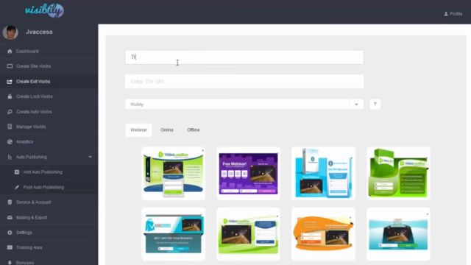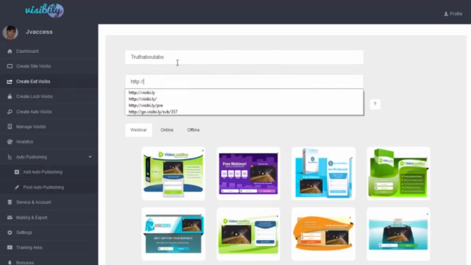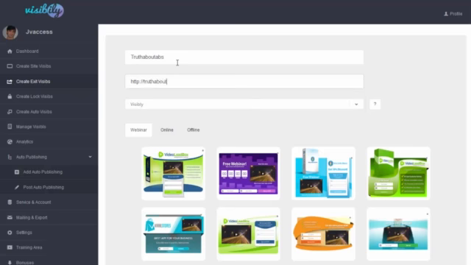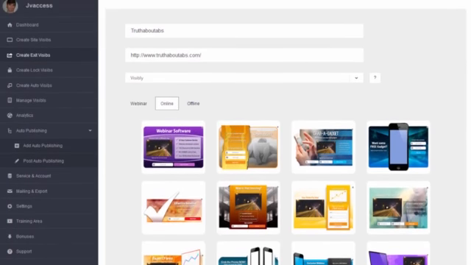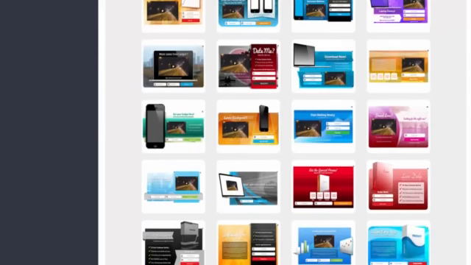So again, I'll use the Truth About Abs example here. I'm not sure what the URL is, but I'll just go for truthaboutabs.com. Actually, let me check that out so we're on the same page. So there we go, that's the page. In this case, I'm going to choose an online based template. And again, the number of templates you have depends on exactly what kind of edition you've bought, and you can see that information in the table underneath this video. I'm just going to go for this one. In this case, this is my exit template that I've chosen, and I'll click on next,